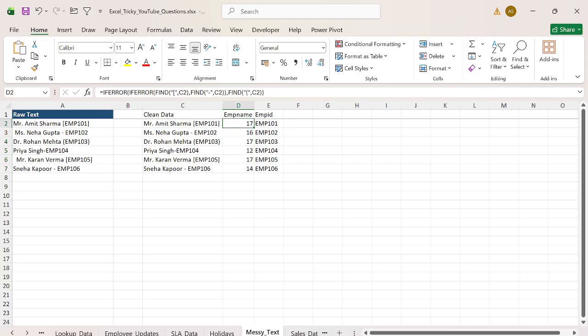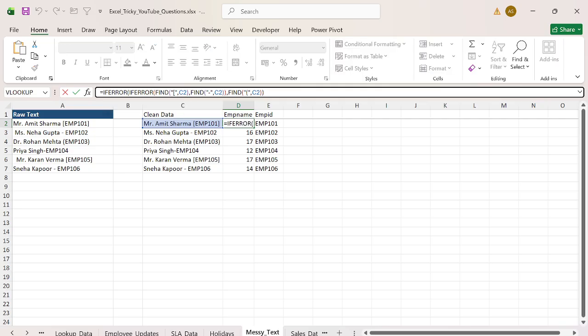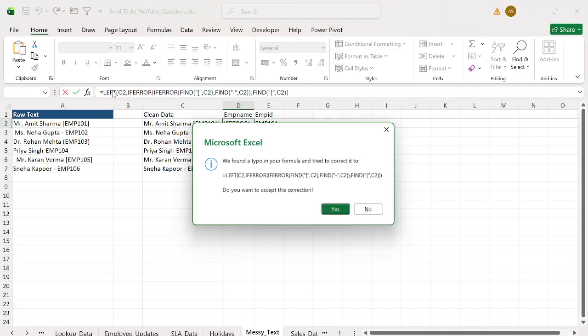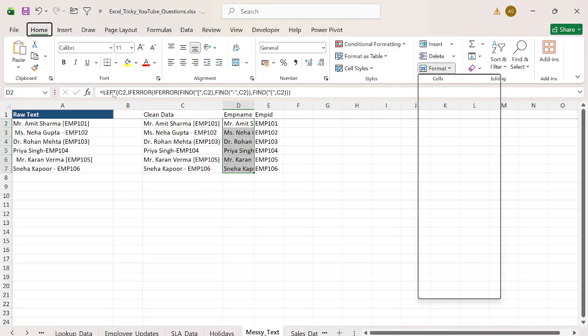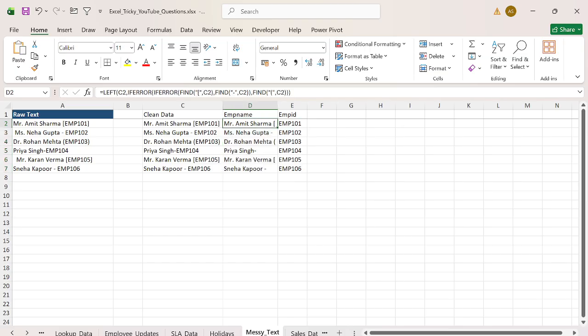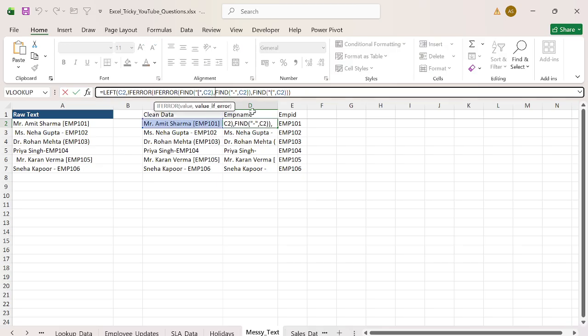This is the value. After that, do one thing, simple, use here left, this, and enter. Okay, look, we are still getting these things. Why? Because we have not used the minus sign. So use here minus sign, -1, and here also